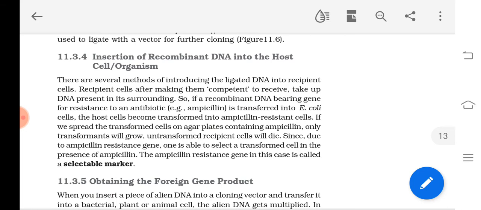Say for example, I think I told you once, the human insulin which we are injecting nowadays is produced by which method? By biotechnological method, in which the scientists have isolated the gene from the human cell which is responsible for the production of insulin, cut it, and introduced it into microorganisms like bacteria or yeast.